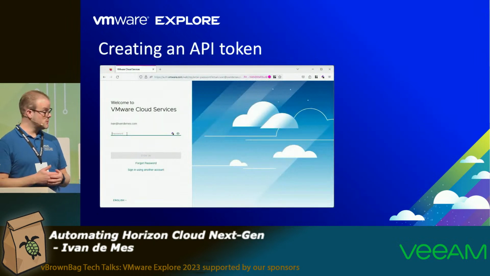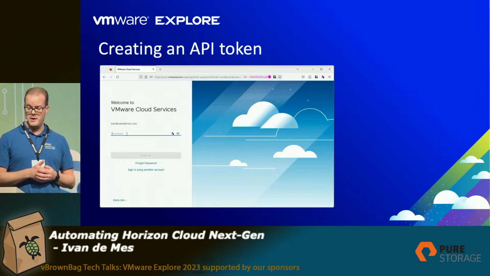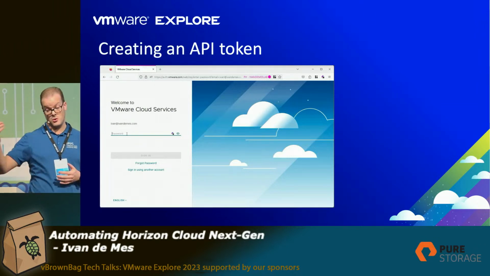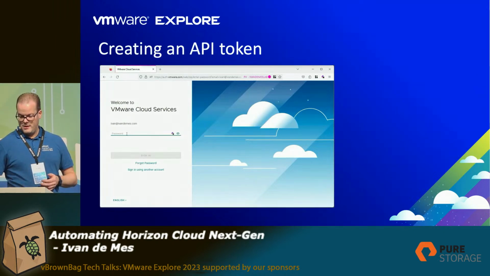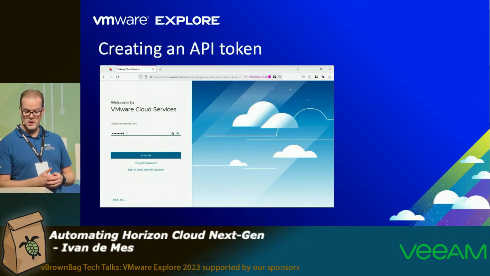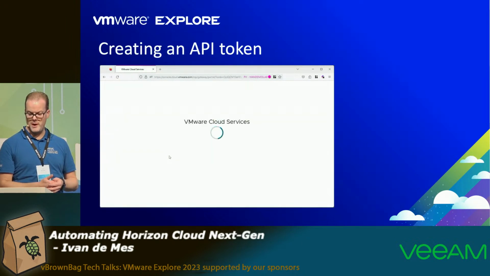But first things first, what we need to do first is to create an API token, and that gives us the ability to eventually talk to the Horizon Cloud Next Gen API. So that's something that I want to demonstrate in this video. So what we will do is we will log on to the Cloud Services control plane. And once we've done that,